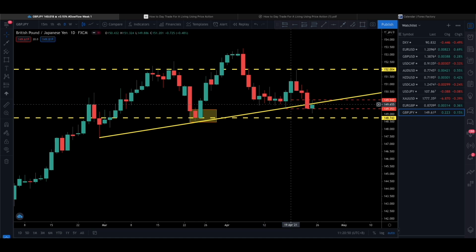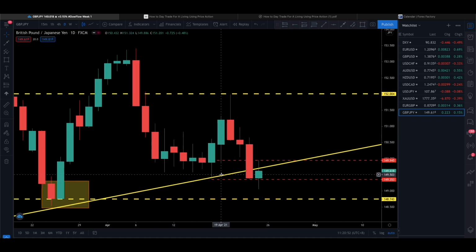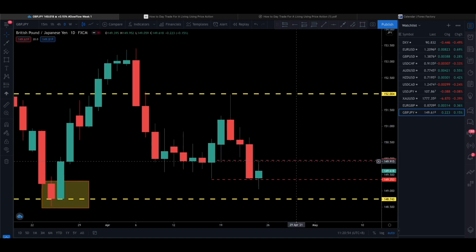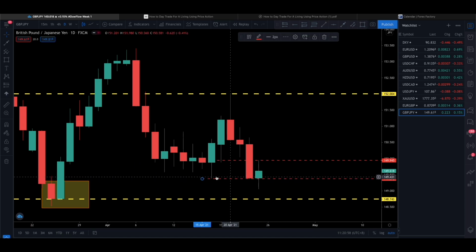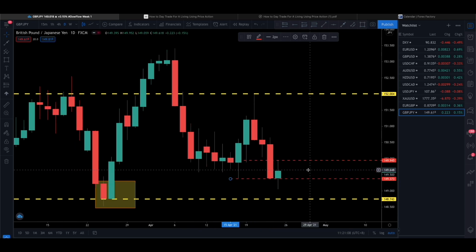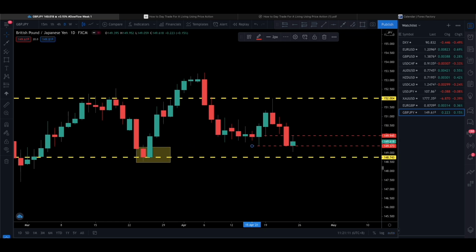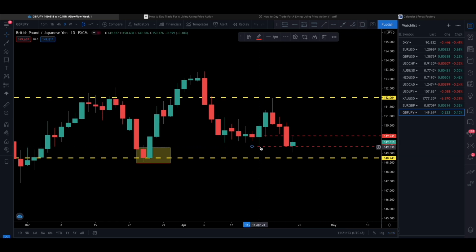In fact, if you were to zoom in, let me just clear this so that it's clearer. You can see that this low right here, this spike low, price didn't close below it. You see the close on Thursday is right smack onto the level, and on Friday it pushed down lower, but it still failed to close below this level. So for this reason, I'm still more bullish. It's going to be very tough to trade this until we see a confirmation above this level, which is